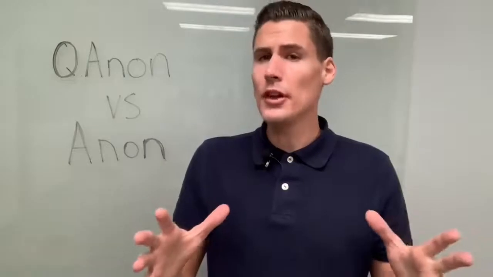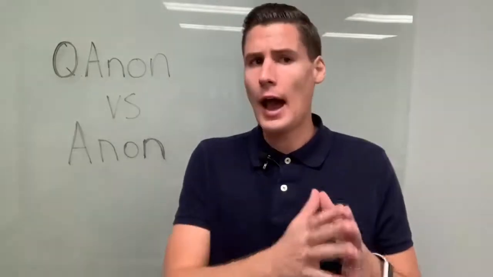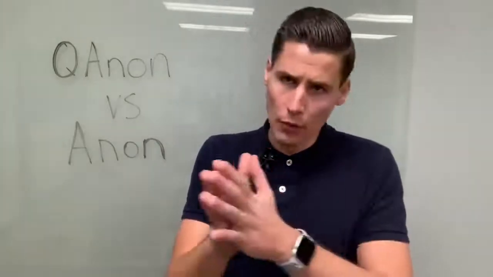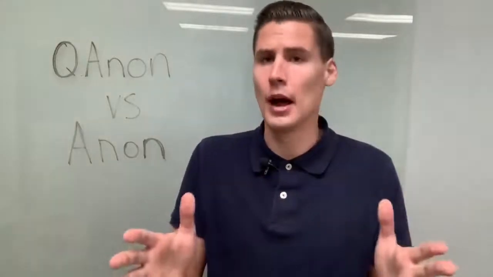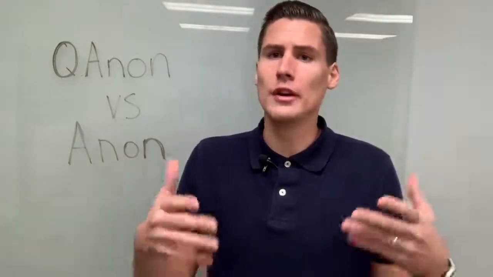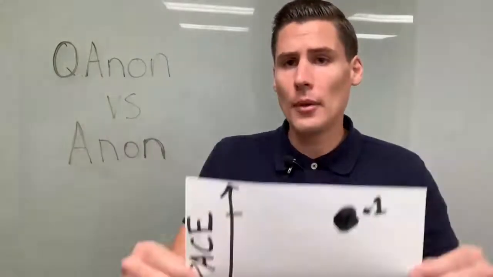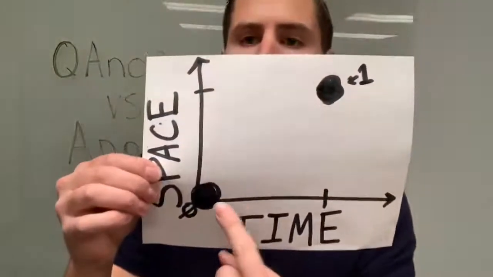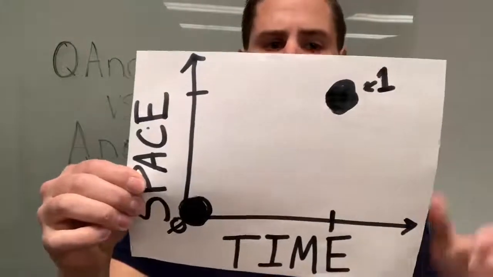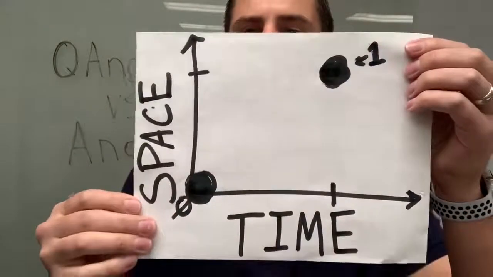So the fundamental thing you need to understand is how something could be a 0 and a 1 or anything in between at the same time. And this is almost never covered. I don't think I've ever even seen it out there. So it goes a little something like this. How is something a 0 and a 1 at the same time? And the answer